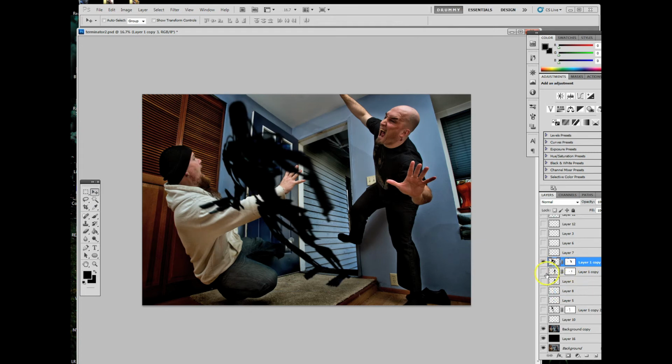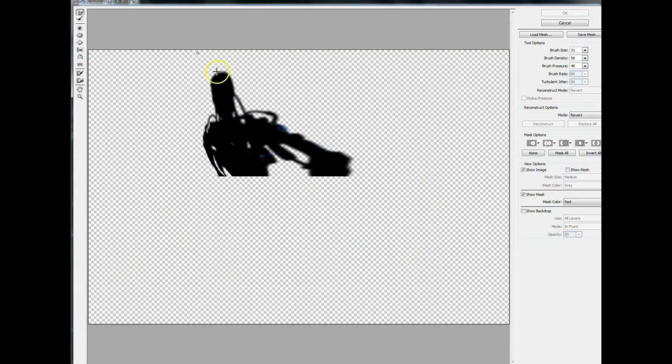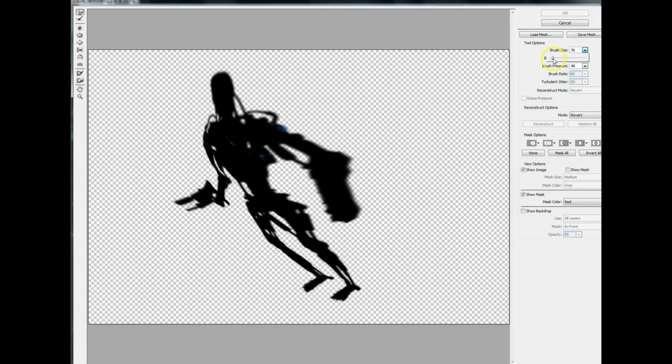Alright, so that's pretty close to what the other shadow was. I think if I remember right, what I did as well is I went in and I used the Liquify tool. Using a fairly large brush, around 300, I'm going to grab the head and just push it